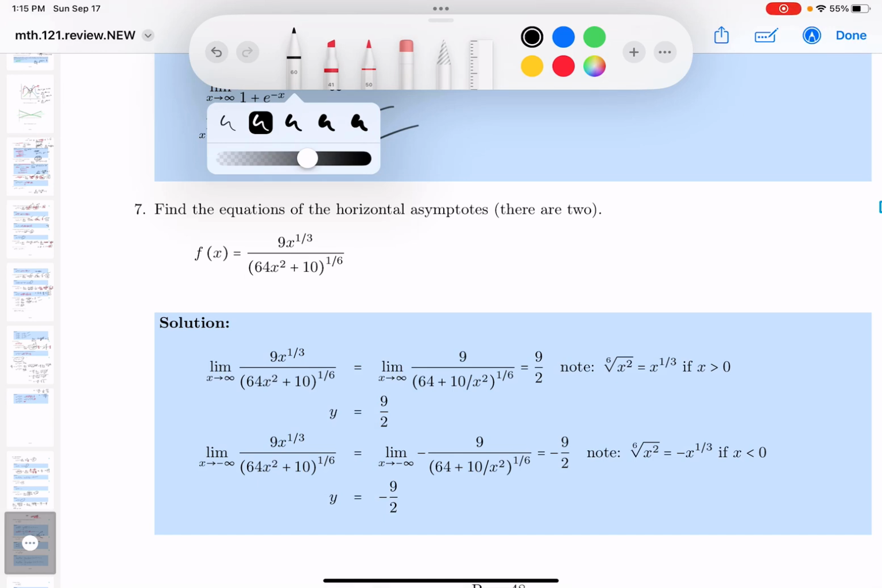Again, number 7 says there's an equation of a horizontal asymptote. It says there's 2 of them, and I'm expecting to see that. So what I'm going to do over here is go through it. All right, so I'm going to take the limit